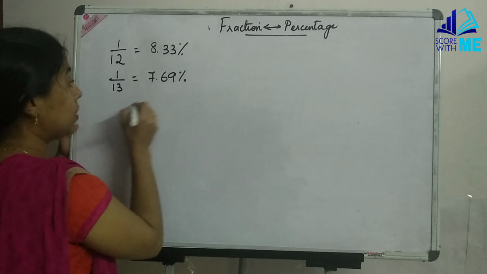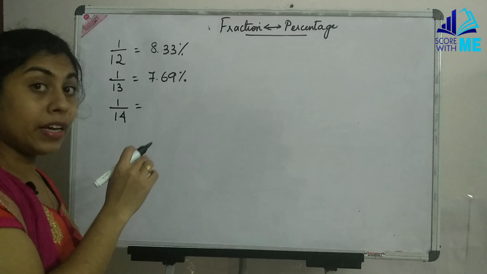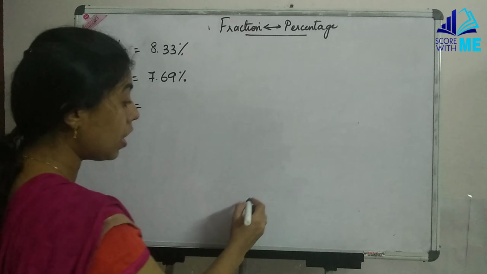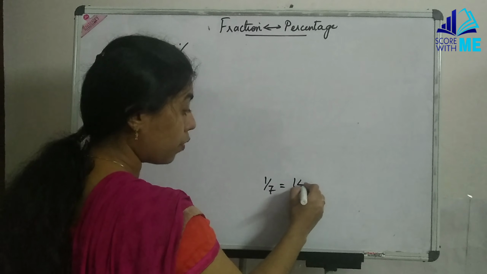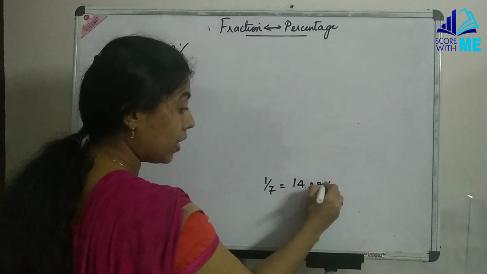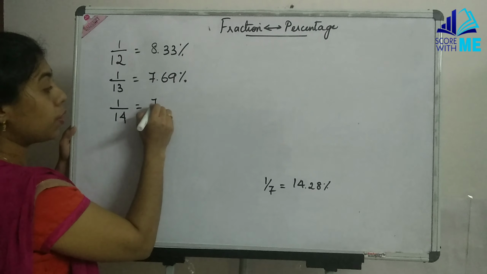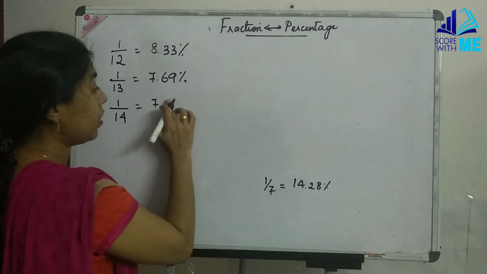The value for 1 by 13 we need to memorize, it is 7.69 percentage. Similarly, the same goes true for 1 by 14 also, but here if we remember 1 by 7, the fractional value for 1 by 7, and how did we remember this? 7 2s are 14, and then 14 2s are 28. If you remember this, half of that is going to be 14, so it is going to be 7.14